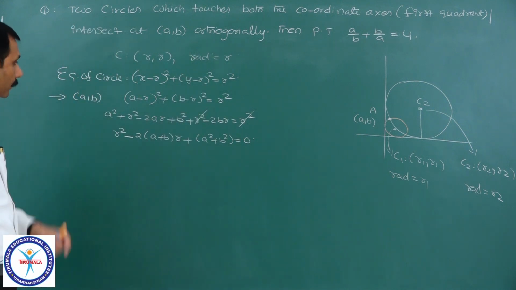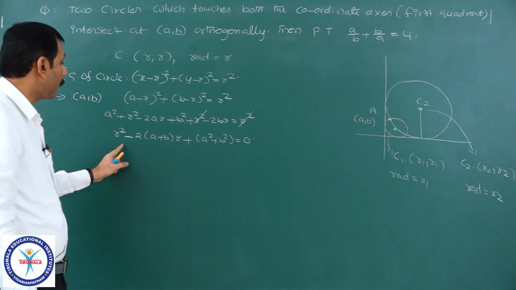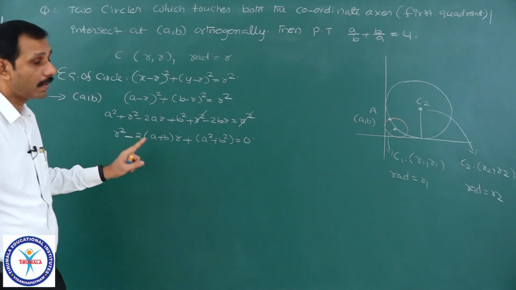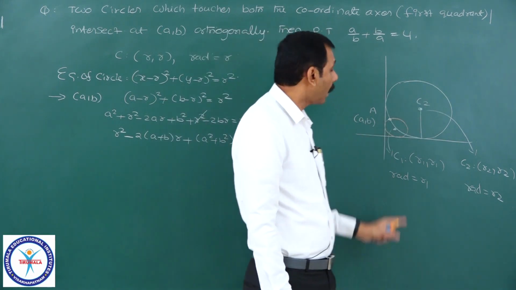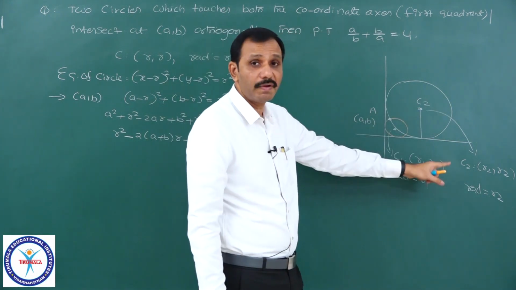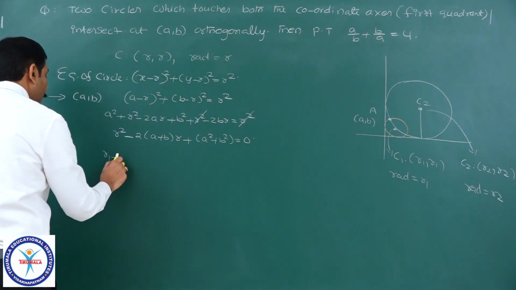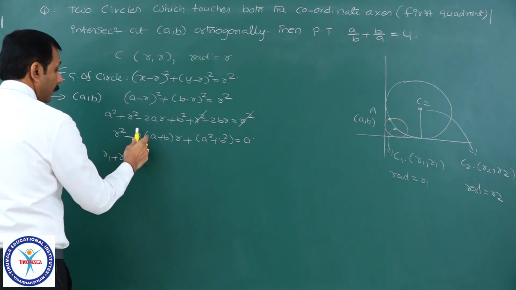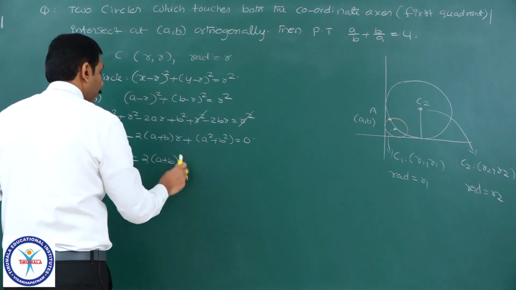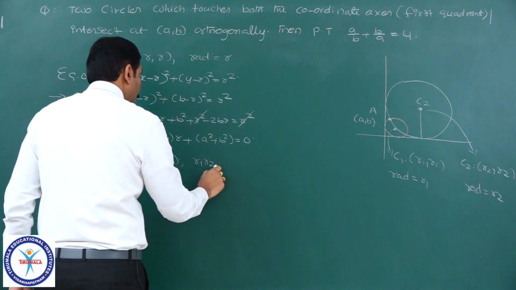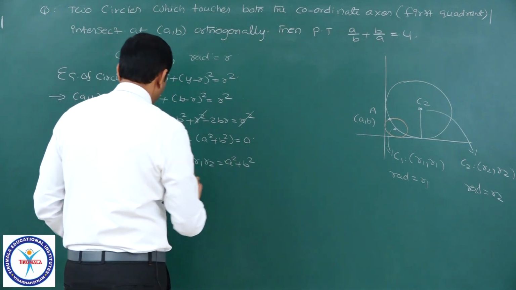See this. It is a quadratic equation in terms of r. It has two roots r1, r2, which are for these two circles: r1 for this circle and r2 for this circle. And now what is r1 + r2? Sum of the roots of this equation is 2(a + b), you know how to write. And the product of the roots r1 r2 is c by a, which means a² + b².